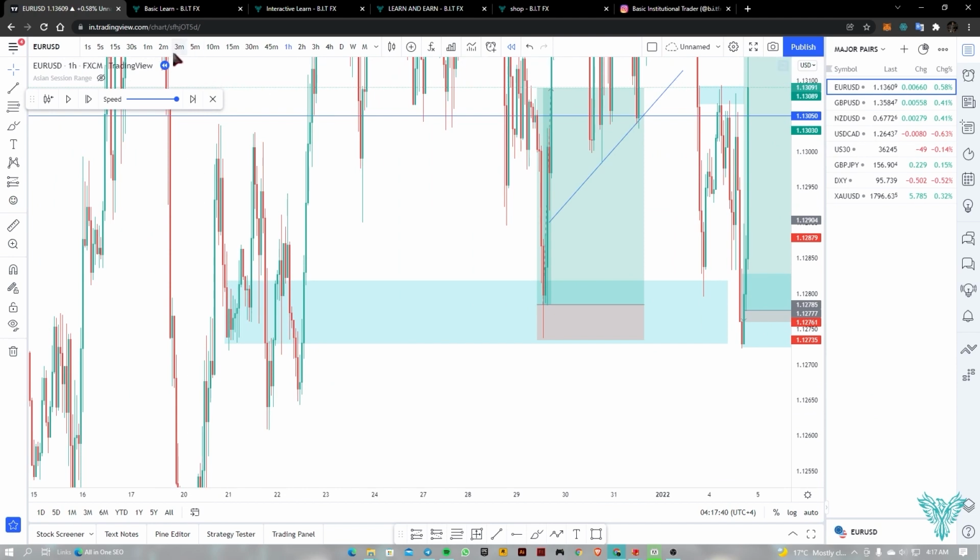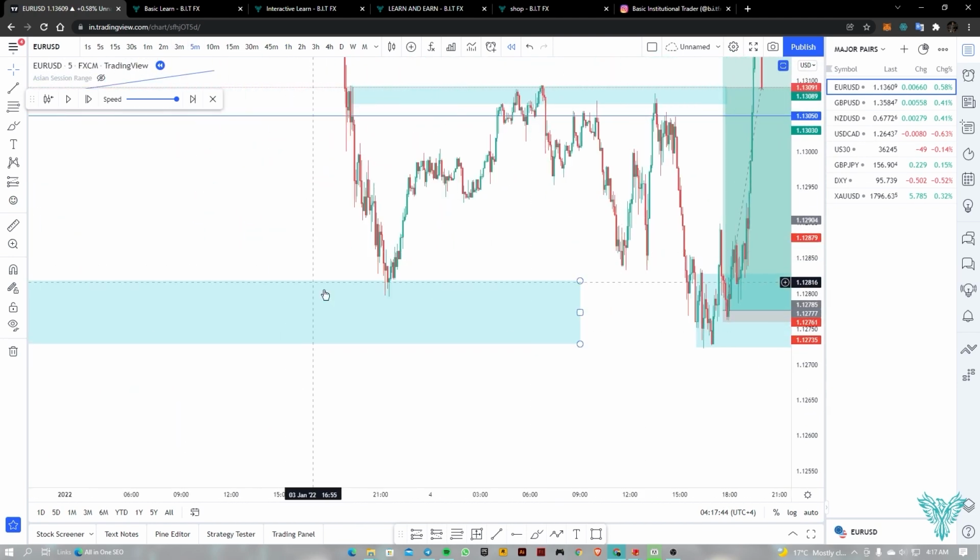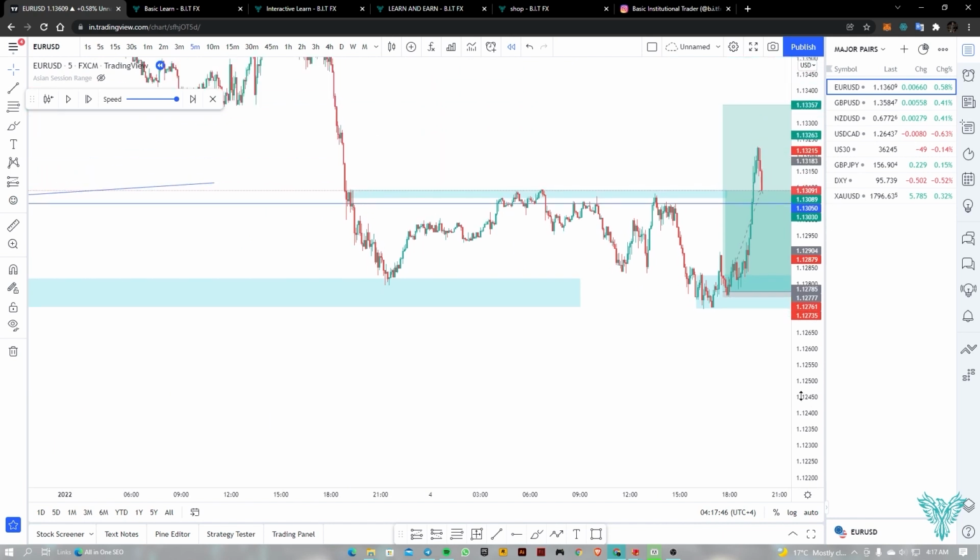So now as soon as the stop losses were being swept, what we were to do was look for an accumulation of orders. So what do I mean by accumulation of orders? So now the bank, as soon as they sweep out their liquidity,